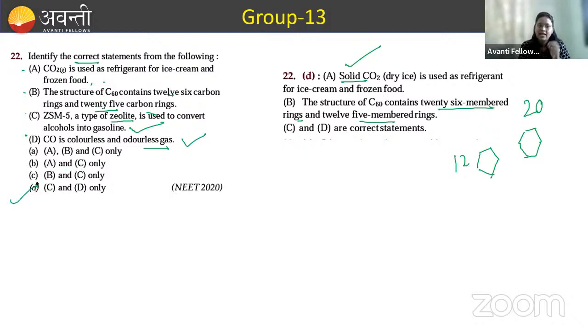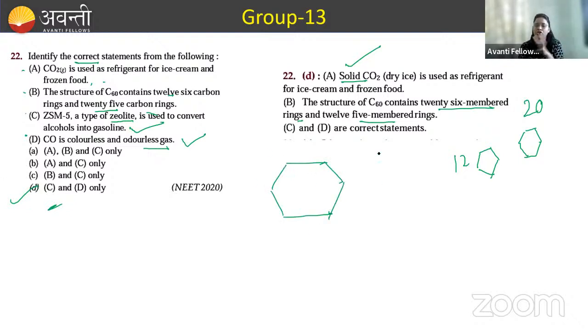Yes, everyone. Any doubts regarding this? समझ में आ रहा है? C60 is a fullerene molecule which contains 20 cyclohexane rings. Okay. बेंजीन उसमें 6 होते हैं. मतलब बेंजीन जैसे जो हमारे स्ट्रक्चर होते हैं ना 6 मेंबर रिंग के. ओके, 6 मेंबर रिंग के जो हमारे स्ट्रक्चर्स होते हैं उस प्रकार के जो